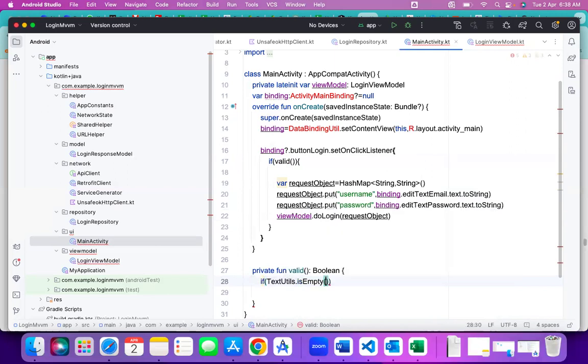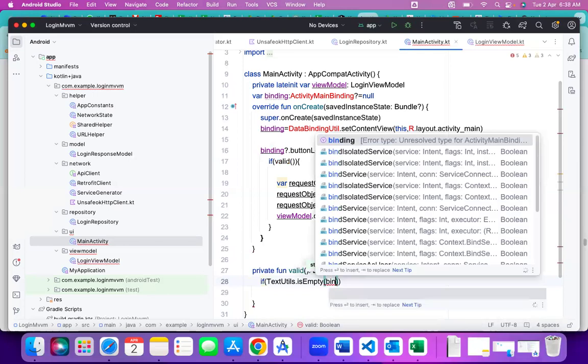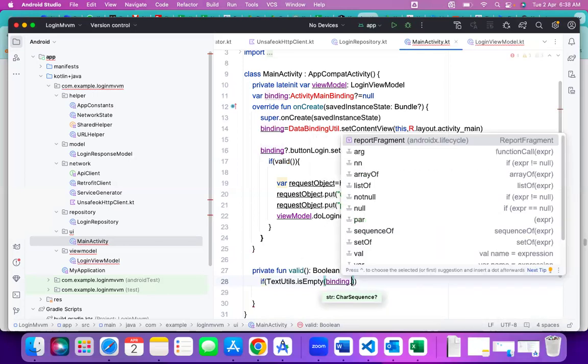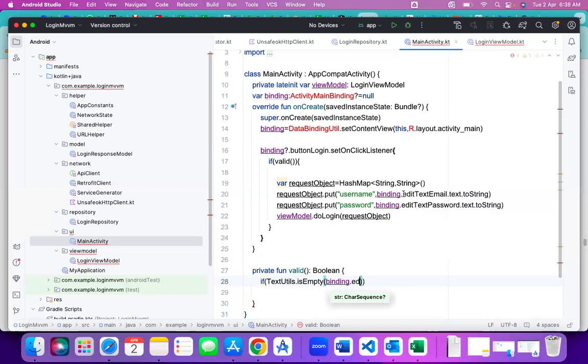So I'm checking with TextUtils dot isEmpty, binding dot. So in case if any text is empty, dot text. In case if it is empty, then